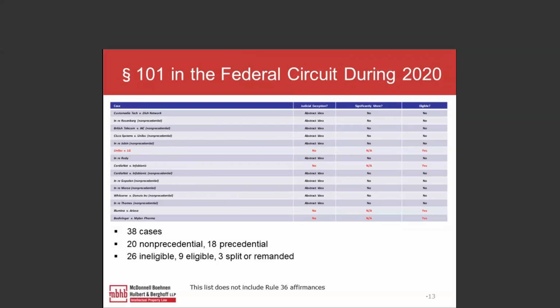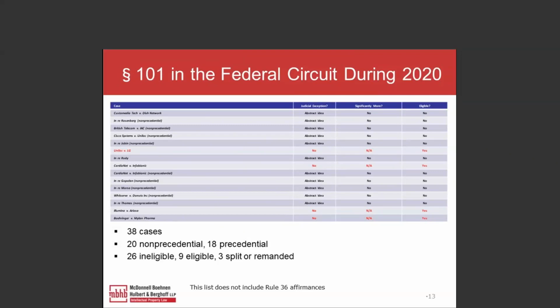Of these, 20 were non-precedential and 18 were precedential, which seems to indicate that a lot of these cases the court believed, or the panel that viewed the case believed, that they didn't really have to create any new law. They didn't have to create any new rules, and their holdings were really not that exciting. So that seems to indicate that the Federal Circuit, at least in some situations, seems to see that its 101 jurisprudence is solidifying. Now, there's some major exceptions to that, but at least there are certain types of inventions, and a lot of these are business methods where the court is just shooting them down left and right,